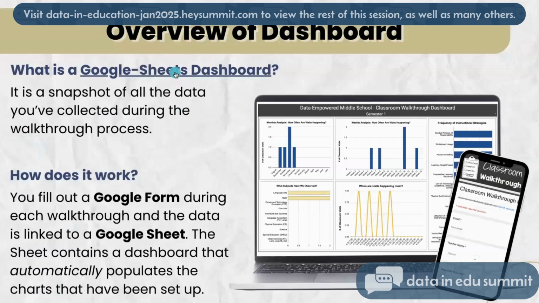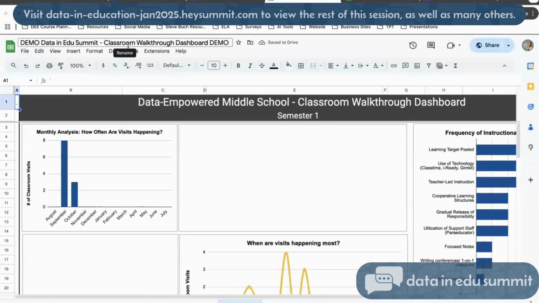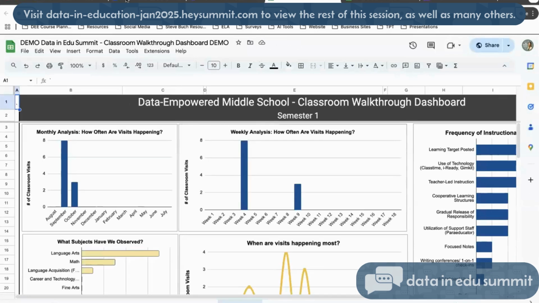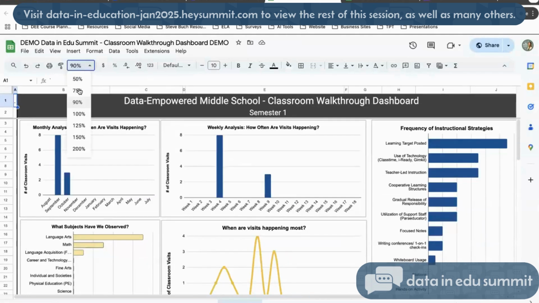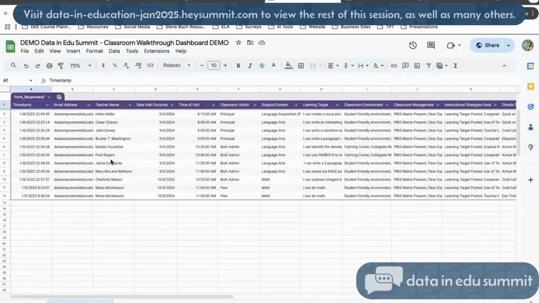Before we get into it, before we make our own, I want to begin with the end in mind, just like I would with students. So this is the exemplar. Ta-da. I put in some fake data last night just so that you guys can see how it works. When you fill out the Google form, it will go into the form responses, right? We're all familiar with